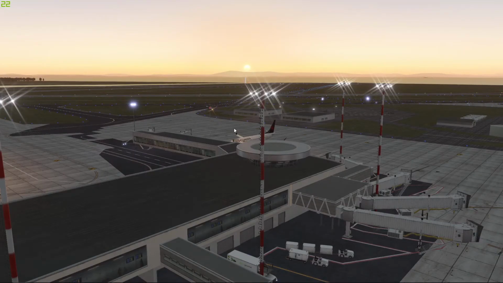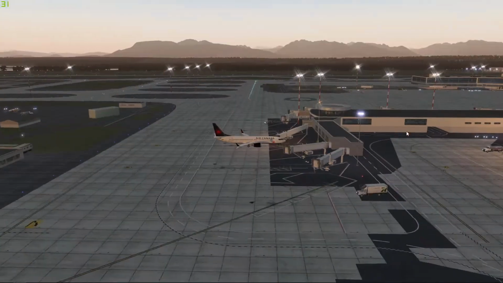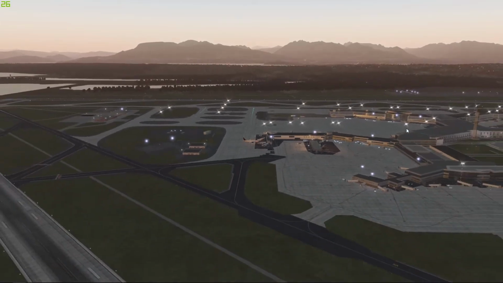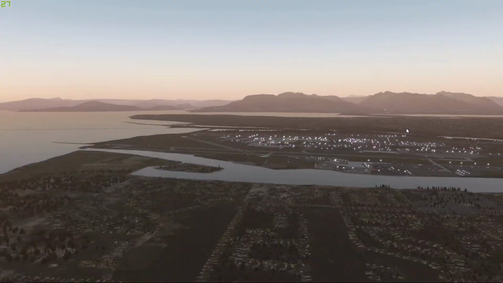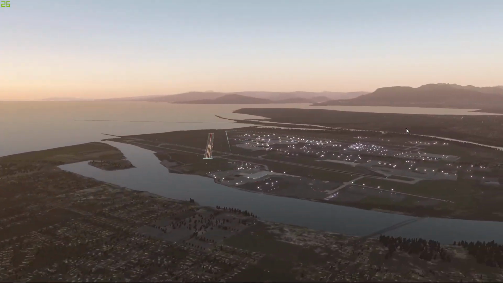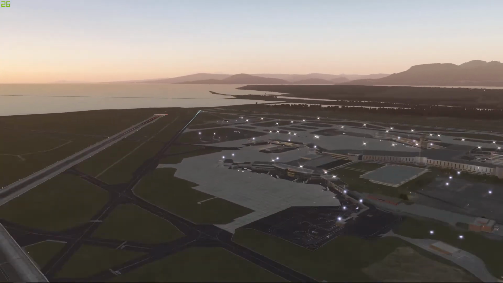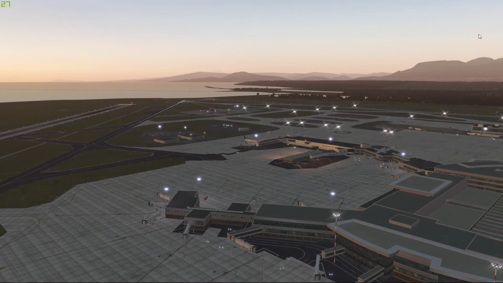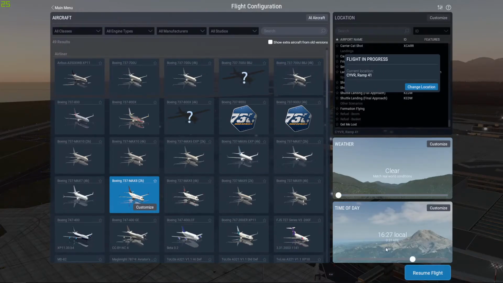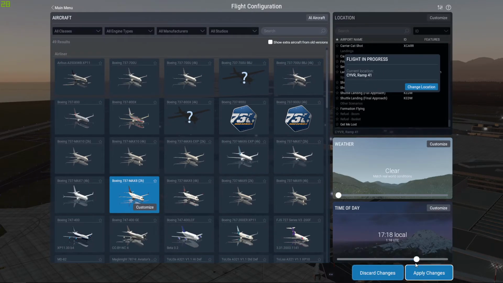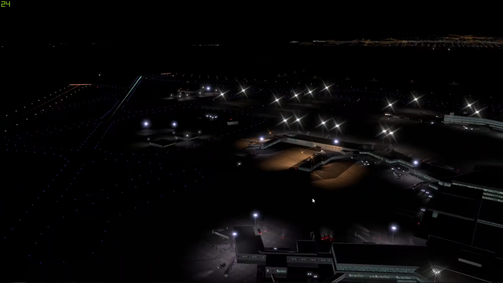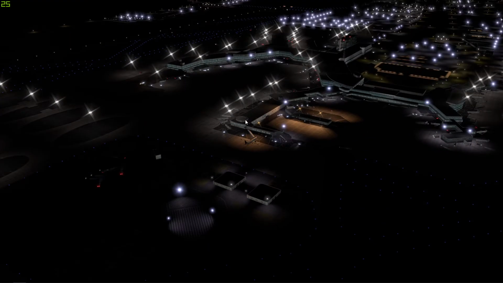As you can tell, the lights are looking pretty nice here in Vancouver. I've set my view distance to be quite low, but you can tell by the airport lights that they just cast a little nicer beam. I can show you the dark too. That maybe a little better. So if you look in the distance here,